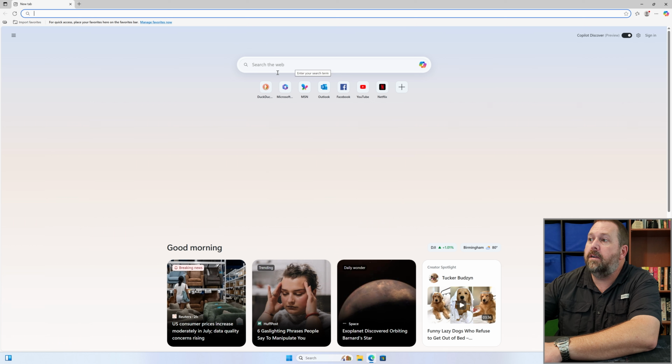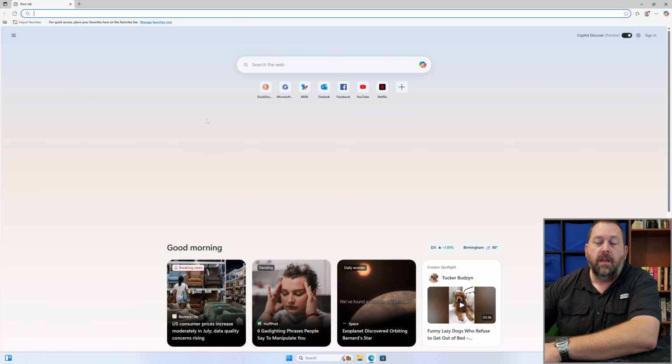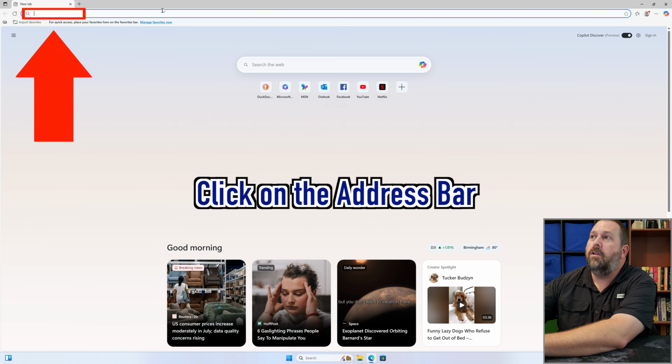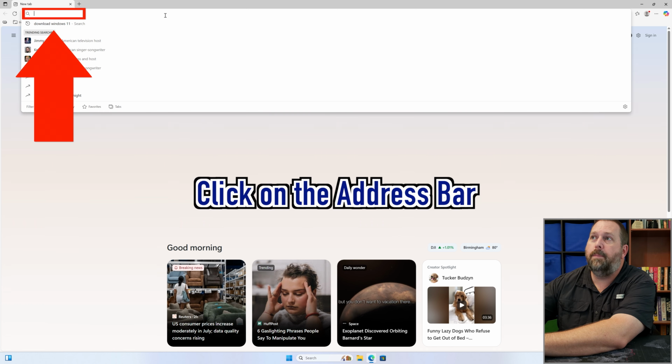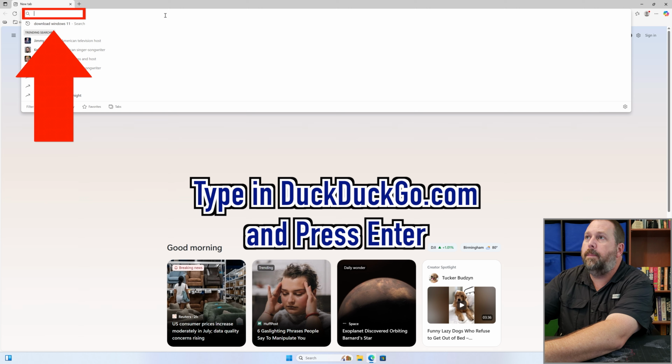Now, when you click on Microsoft Edge, it's going to open up and then it's going to bring you to your home screen, which is going to look like this. It's probably most likely just going to be a new tab with the search the web right here. And then it's going to say good morning and have a couple of pages for you. Now, if it doesn't, that's okay. You can just click up here in the top in the address bar, and we're going to type in